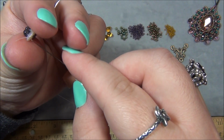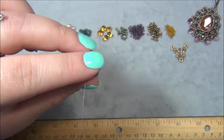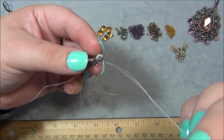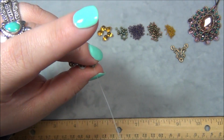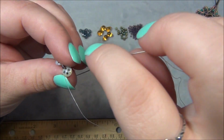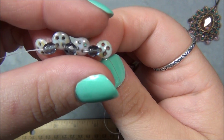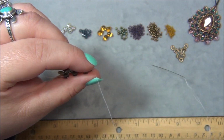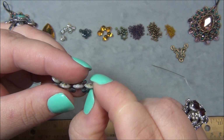Like this, I'm going to go through that same hole there that I'm Xing out of, and then turn it and go through this 4mm, go through the lintel, pull all the tail through. Okay, and I'm going to go through the next hole there in the lintel on the bottom so that we have 2 open holes there on the top. Pull this through, pull it tight,